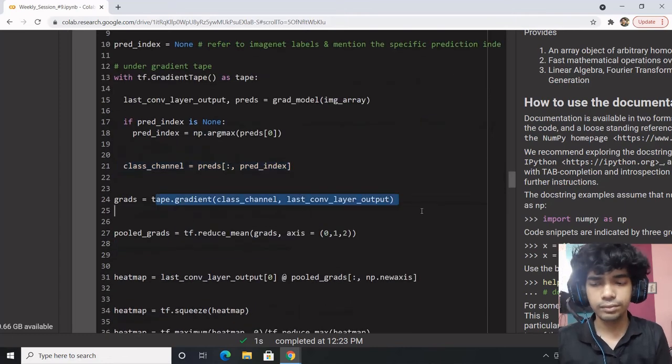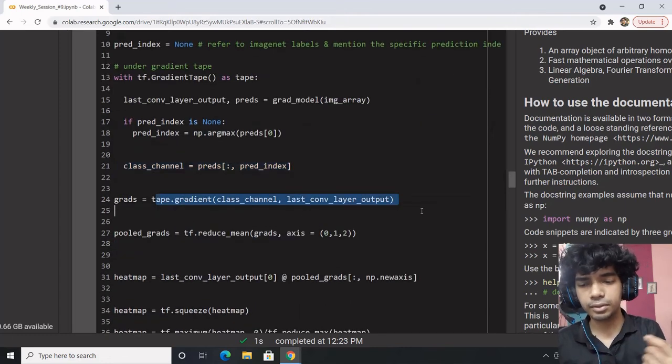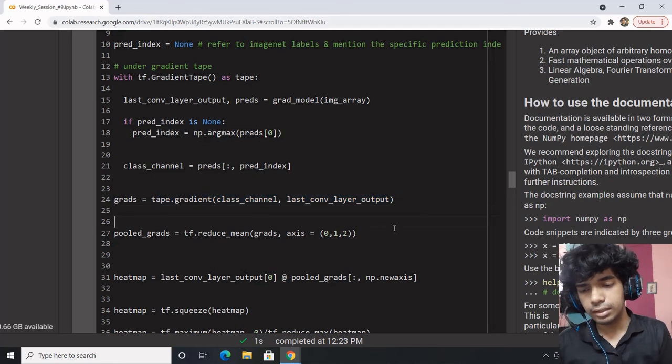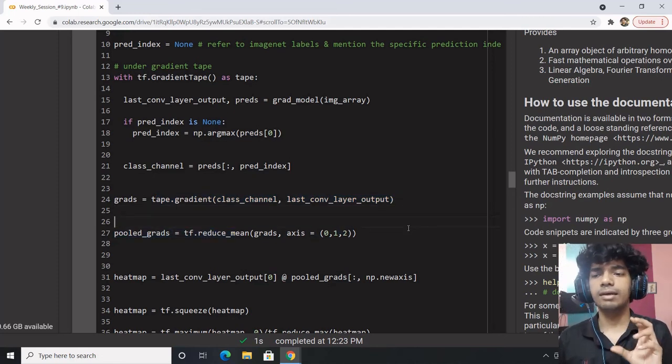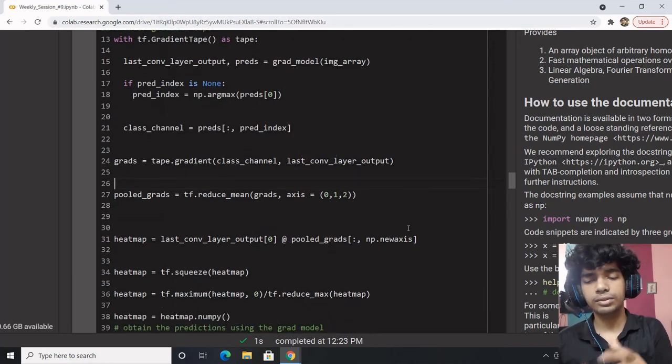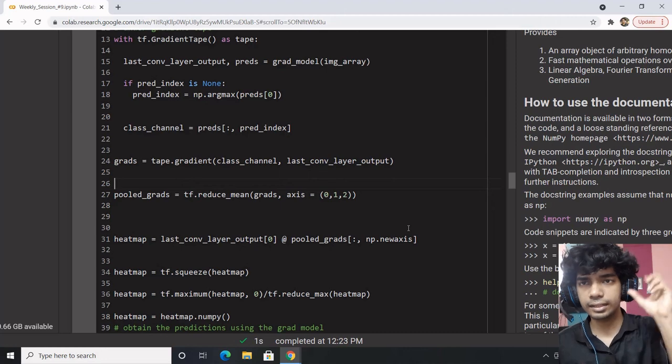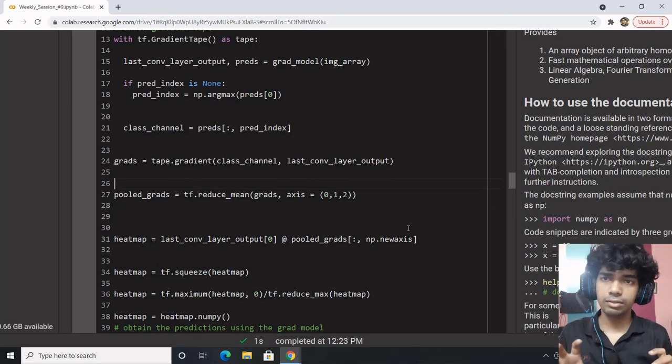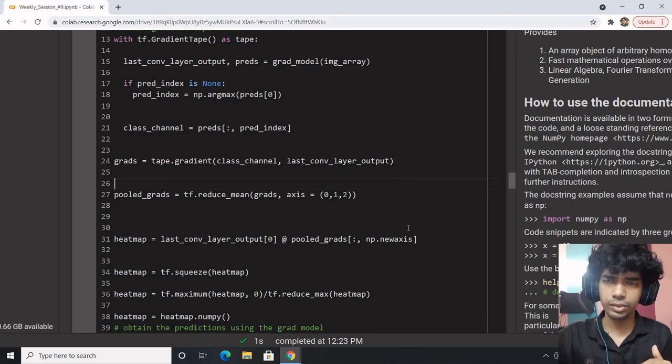Once it does, it will do automatic differentiation using tape.gradient, and you need to find the average intensity rather than the complete overall intensity. Once you find the average intensity, you can proceed with the heat map approach. The heat map is just the multiplication of the last convolution layer output, or whatever convolution output you want, and the gradients for that particular layer.